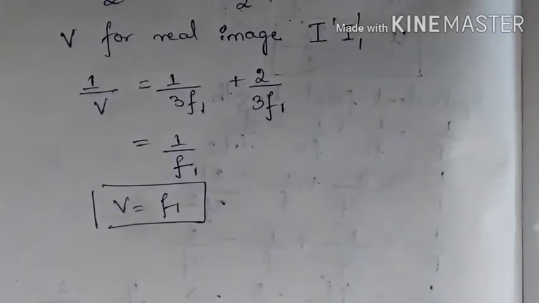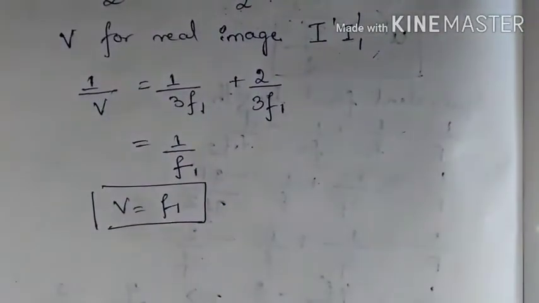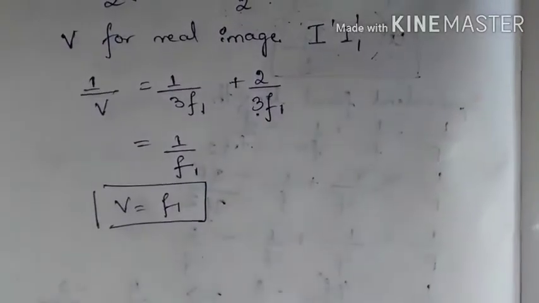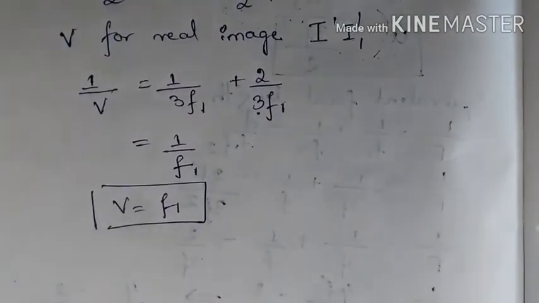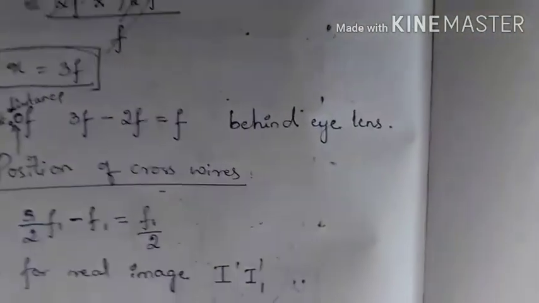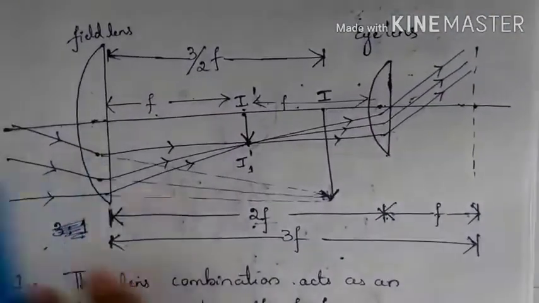So hence I prime 1 will be lying between the field lens and the eye lens. So there you have to place the cross wires. So next, this Huygens eyepiece is a negative eyepiece because the image of the